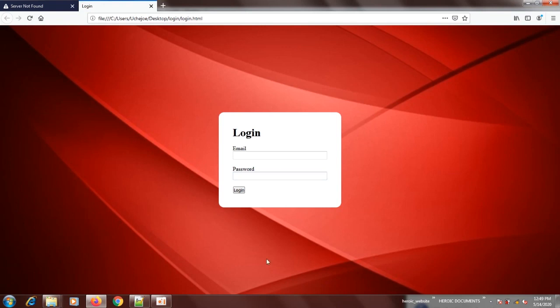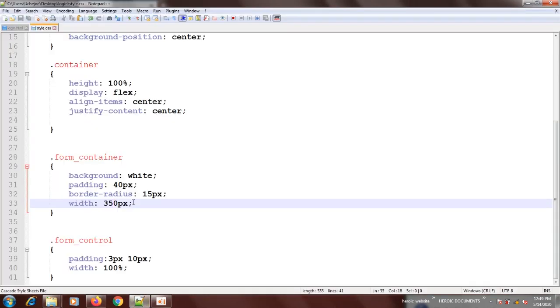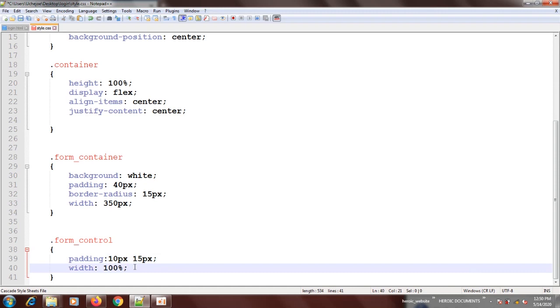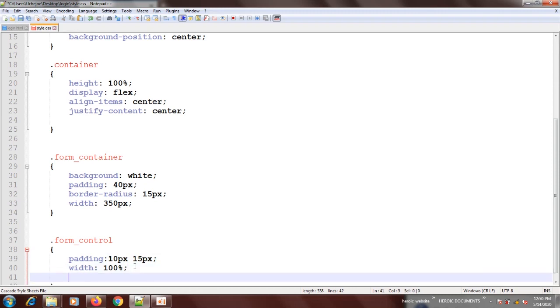Okay, so having done that, let me increase the control further. This one should be 5 or even 10. Let me make it big. 10 by 15. By 15, that's okay. Maybe I can even make it a rounded corner.